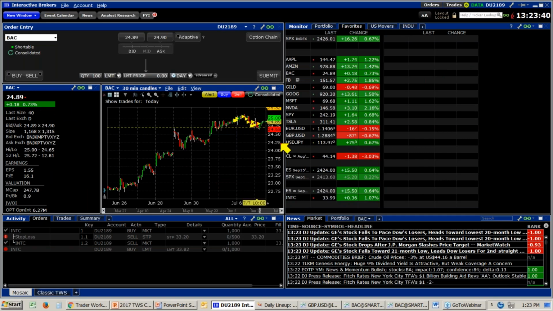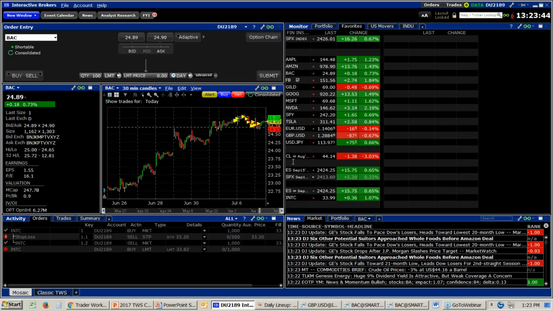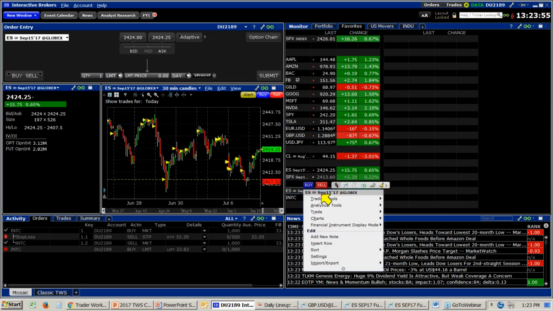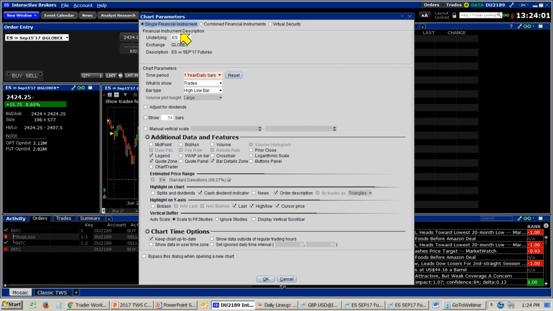Now, when you add a chart to the window, you'll see a dialog box opens up and asks whether you want to use the same underlying, or in other words, have several charts with different time periods displayed, or you can deselect that and add multiple charts to the same charting window. For right now, we're going to use that same ticker symbol, and notice how the chart parameters box opens up